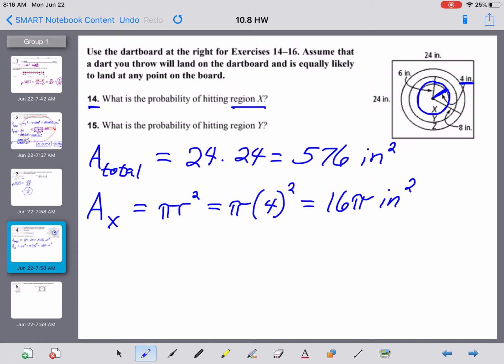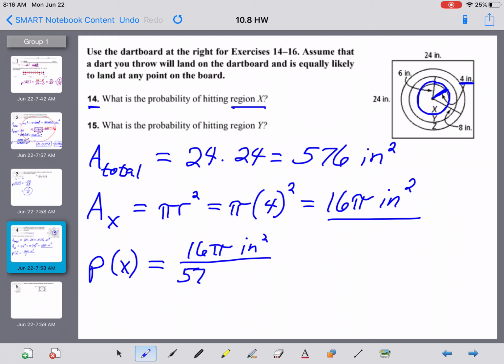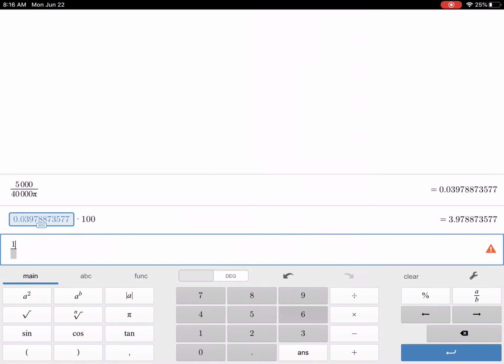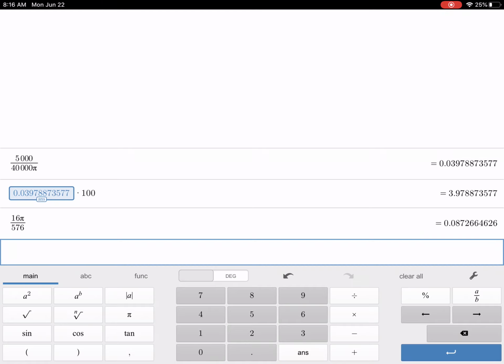And now for 14, the probability of hitting region X is going to be the area of region X that we just found, 16 pi square inches, divided by the total area we could be hitting, which is 576 square inches. Now the units cancel here. The answer to a probability problem does not have any units, it's just numerical. And we need 16 pi divided by 576. So let's try that. 16, oh, there is a pi right here, okay? Divided by 576, and that gets us a decimal here of